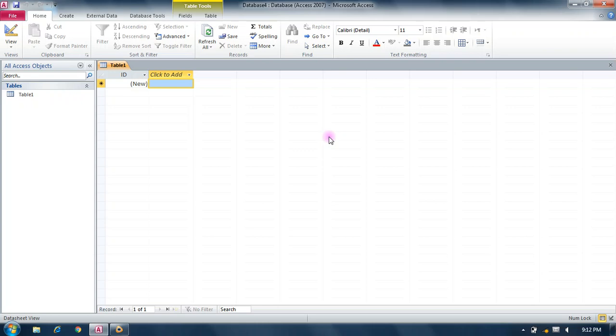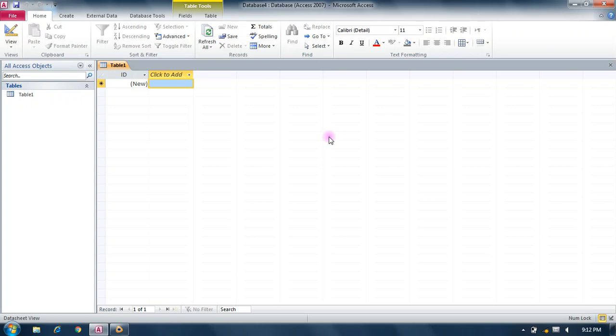Memo is used for lengthy text such as notes and descriptions, and it can store up to 65,536 characters. Number type is used for number data; you can only type numbers in this type.